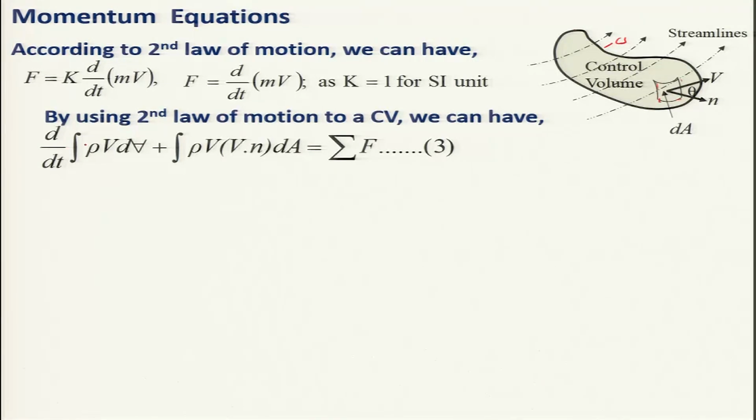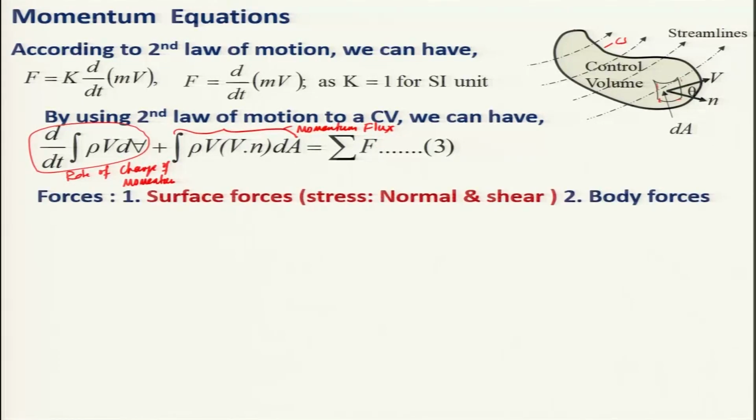If you look at that, it is nothing but the rate of change of momentum in this control volume, plus the momentum flux, which is equal to the summation of the forces acting on the control volume. These forces can be of two kinds. One is surface forces and the other will be acting on the volume. This is basically volume forces,